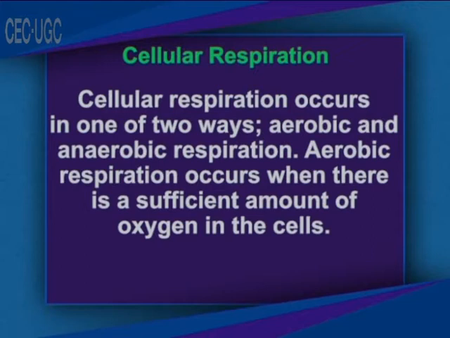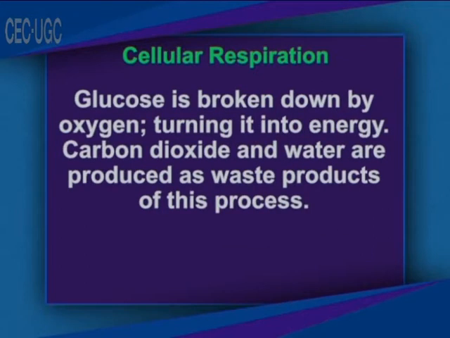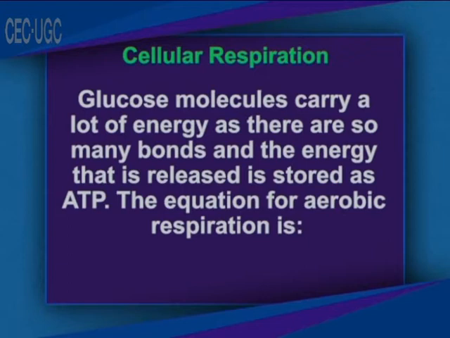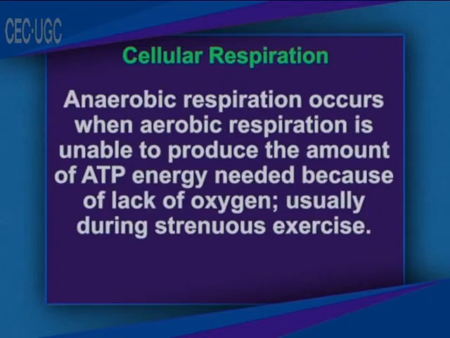Aerobic respiration occurs when there is a sufficient amount of oxygen in the cells. Glucose is broken down by oxygen, turning it into energy. Carbon dioxide and water are produced as waste products of this process. Glucose molecules carry a lot of energy as there are so many bonds, and the energy that is released is stored as ATP. The equation for aerobic respiration is: